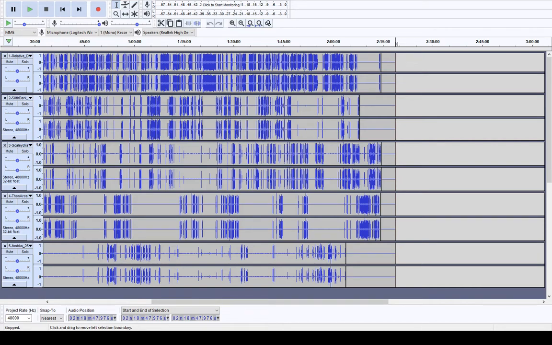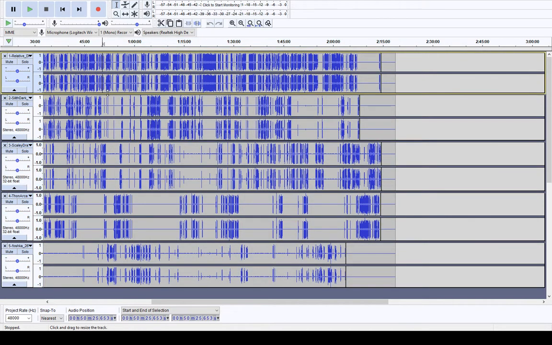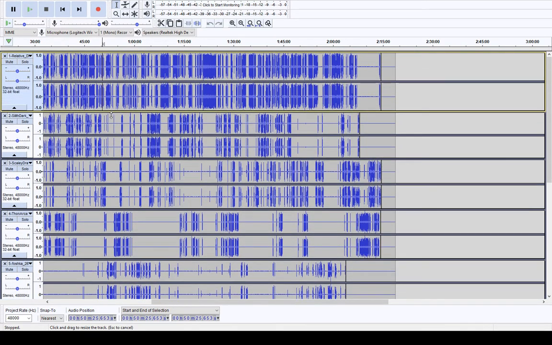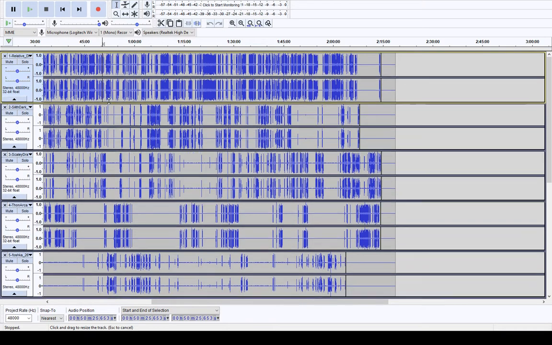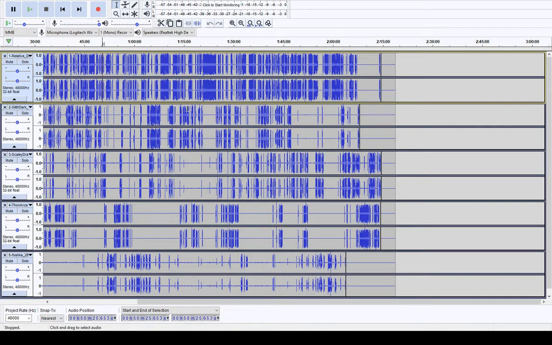Alright, the basic multi-track editing that I do, once I have them all, is shrink the width of each track so that they fit on the screen. I've already done it here, but it's just a matter of going down to the end and sliding it up or down. You can make them wider if you want. I shrink them until all of them are visible on the screen, and it helps me see gaps coming up. So now that I've done that, let me jump to the beginning